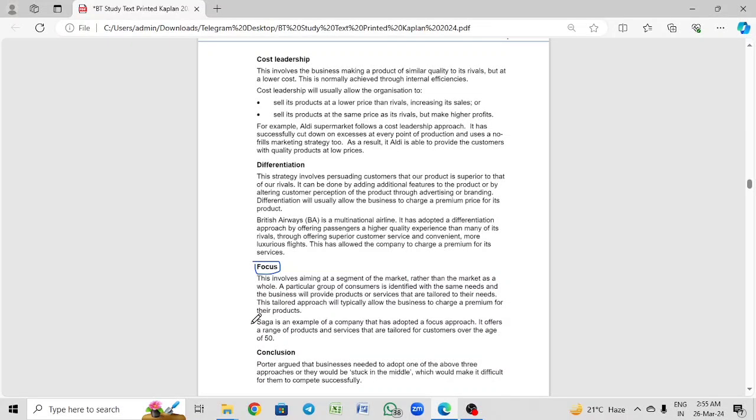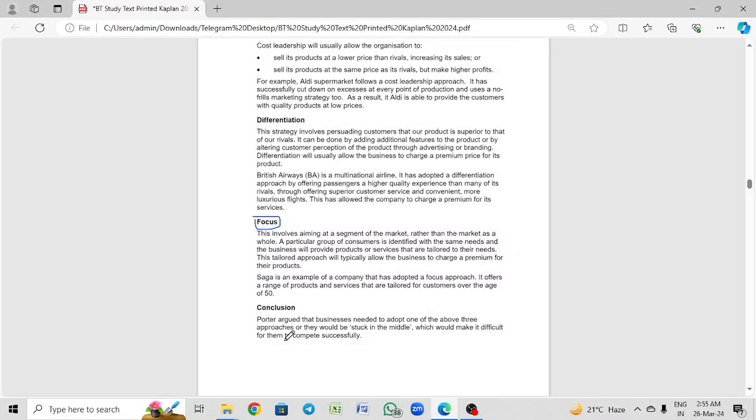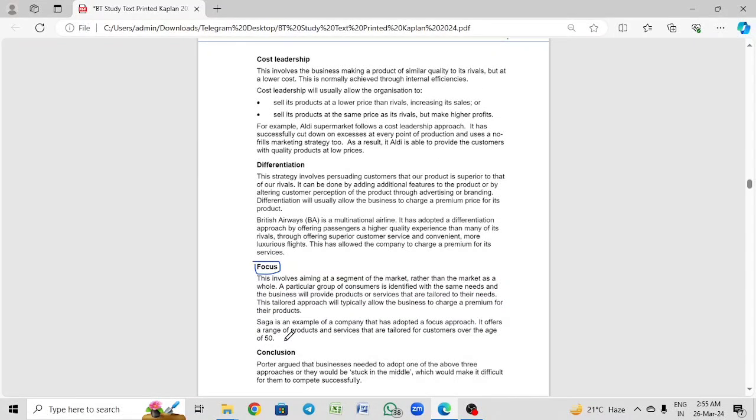Okay, for example, Saga, a company that has adopted a focus approach. It offers a range of products and services that are tailored to the customers over the age of 50. ठीक है। अगर हम अपनी टारगेट ऑडियंस की नीड्स को हम आइडेंटिफाई कर पा रहे हैं और उनको सेटिस्फाई कर पा रहे हैं, तो एट टाइम्स ऑफ नीड्स, ओके, एट टाइम्स ऑफ वॉन्ट्स, ठीक है, जब हमें अपने प्रॉफिट्स ज़्यादा करने होते हैं तो हम उनसे प्रीमियम प्राइसेस भी चार्ज कर सकते हैं, ठीक है, क्योंकि वो अब हमारे ब्रांड लॉयल हो गए, तो हम उनसे प्रीमियम प्राइसेस भी चार्ज कर सकते हैं, ठीक है। सो हमें ये तीनों चीज़ें ध्यान रखनी चाहिए और हमें फोकस करना चाहिए कि हम जितनी ज़्यादा जिस चीज़ पे फोकस कर सकें हमें करना चाहिए, ठीक है।